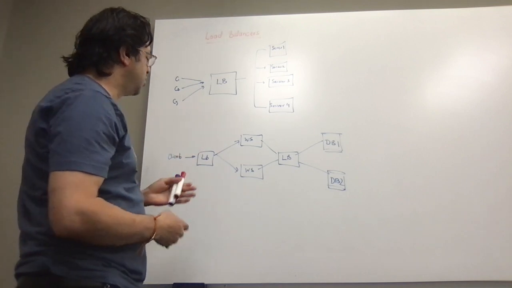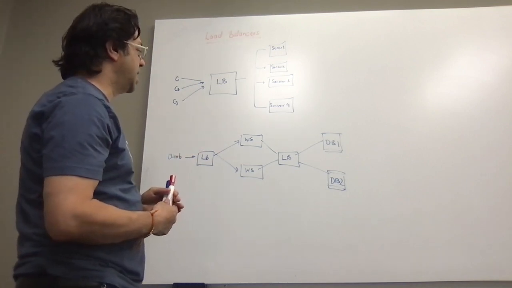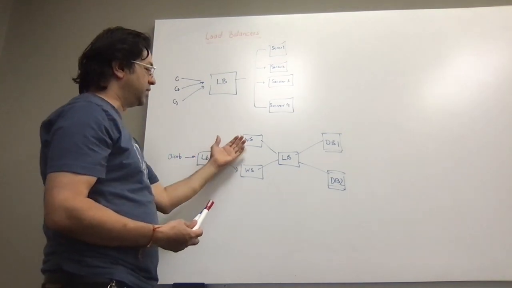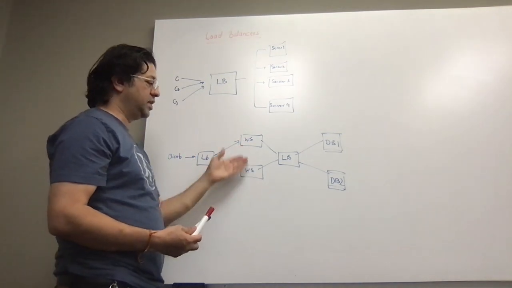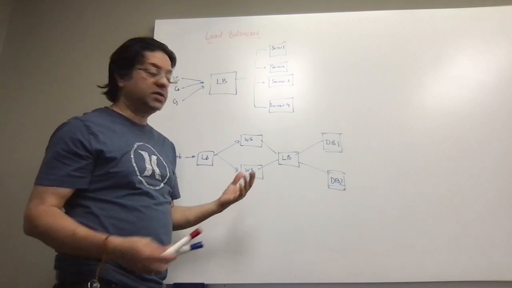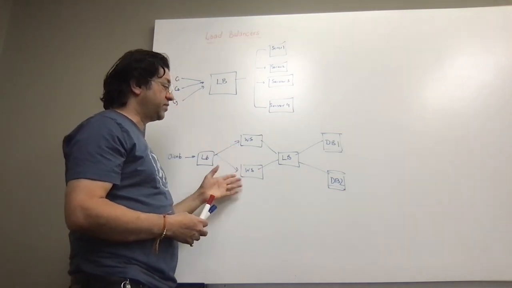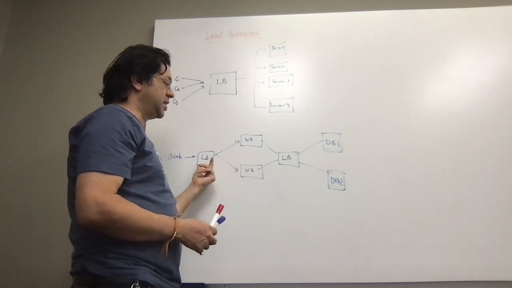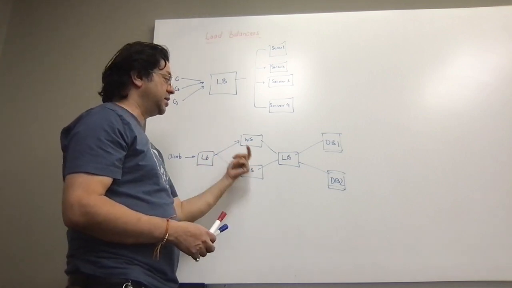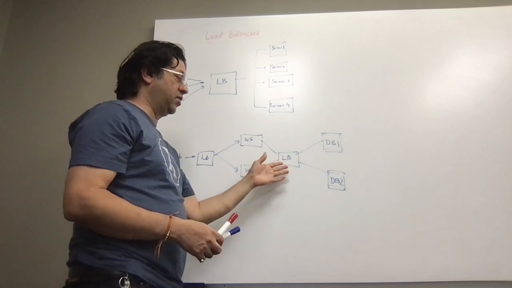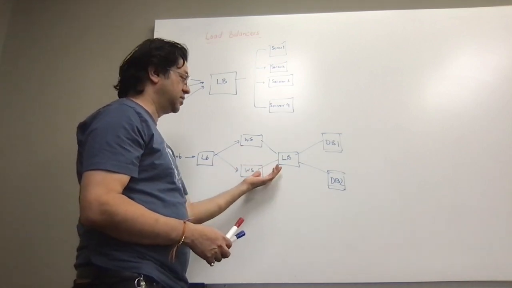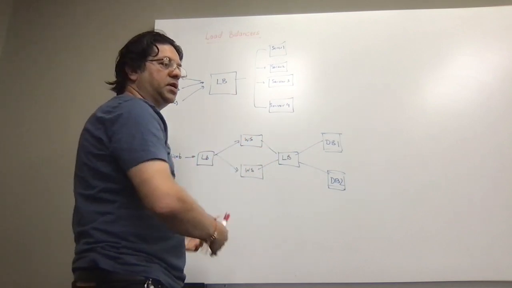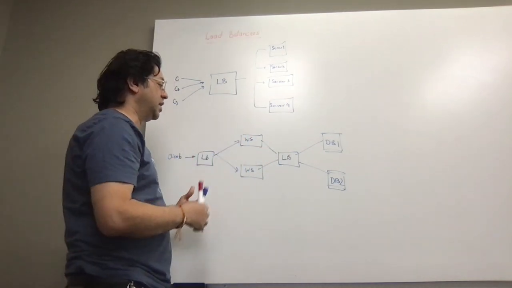And a load balancer could be at any level. Let's say a client request is coming for the first time. There could be different web servers, and which web server the request has to be passed to is decided by the load balancer. Then after the web server, it could be an application server also, or there could be application servers and web servers in different setups, a suite of clusters.